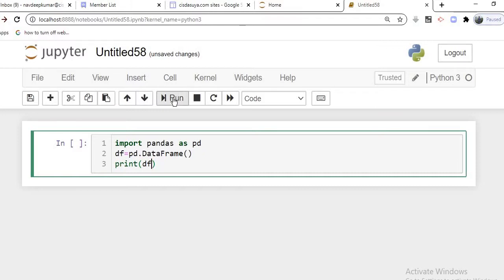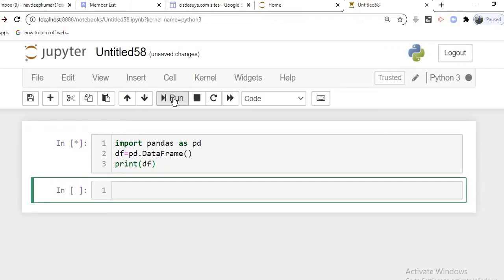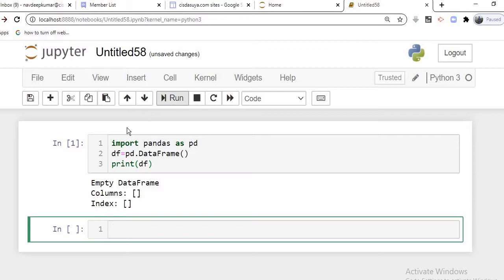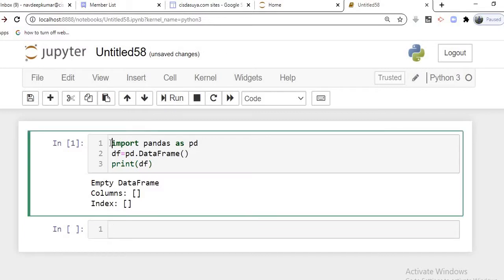Just run this one now. Initially it takes a bit of time to execute. So here, students, we are creating an empty data frame. So this is how you have seen an empty data frame with columns and index.